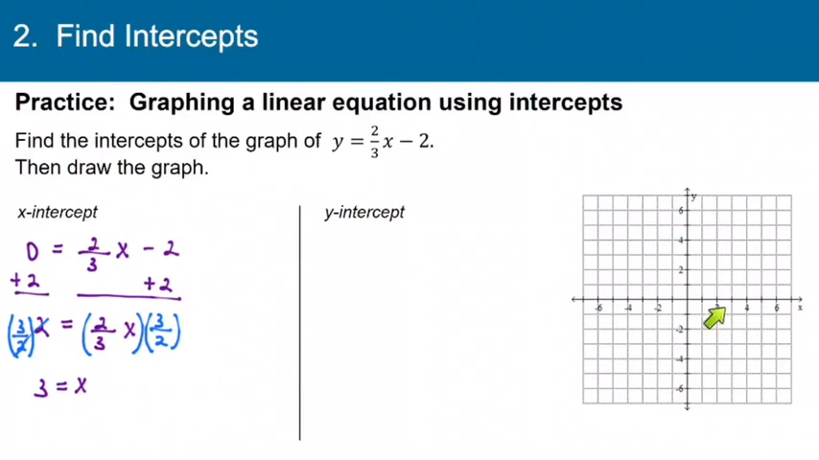So let's come over here and put a dot on the x-axis at 3. And now let's find the y-intercept. So we'll plug in 0 for x, and that will give us y equals 2/3 times 0 minus 2. So 2/3 times 0 is 0, and we see that the y-intercept is -2. So I'll come to the y-axis and put a dot at -2, and then we'll draw the line that goes